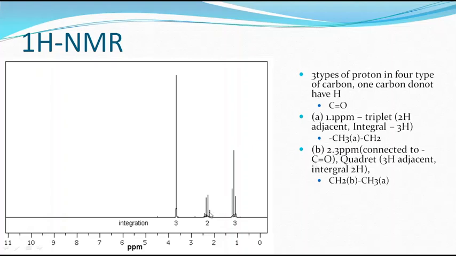It is a typical peak, and therefore this CH2 group has to be connected to carbonyl carbon. That is the information we get from this chemical shift value, and it is a quartet. It is a quartet, that means there are 3 hydrogens adjacent to that, and the integral value says it is 2 hydrogens, and therefore it is the signal of CH2 which is coupled or split by CH3 protons. Okay, and therefore we also found here CH3 CH2.